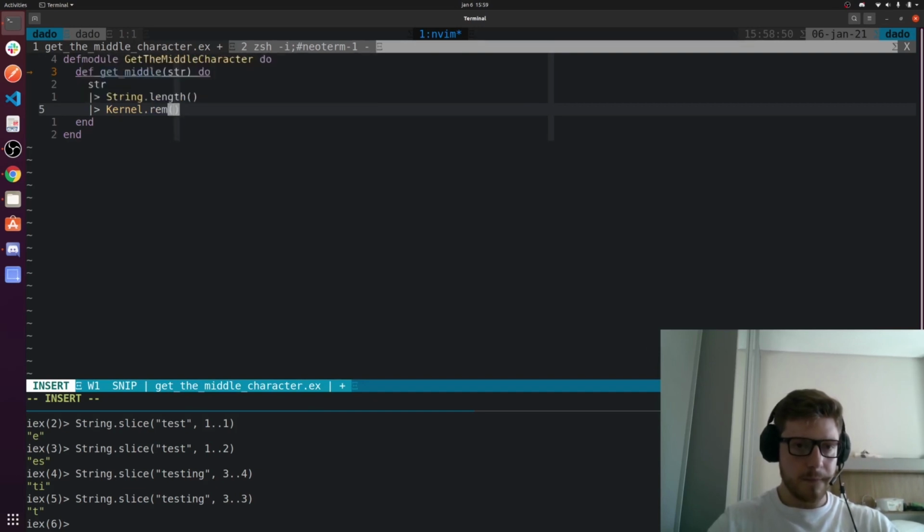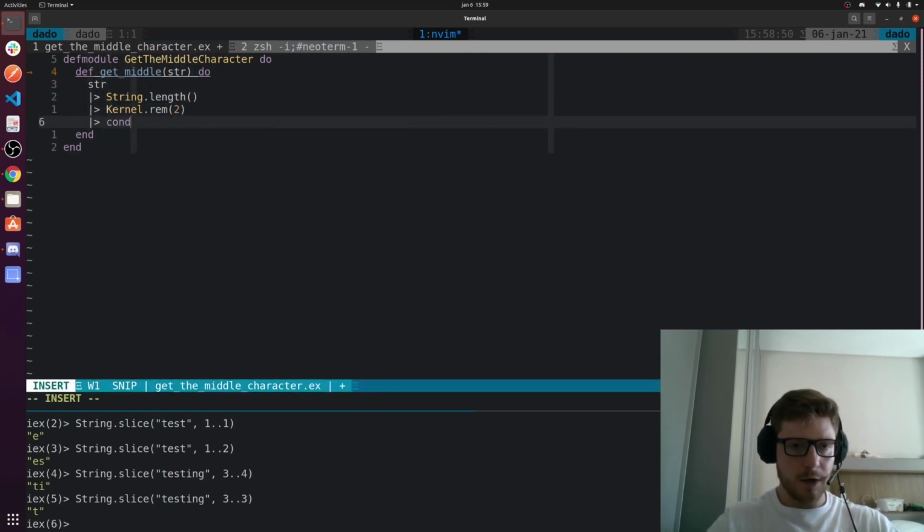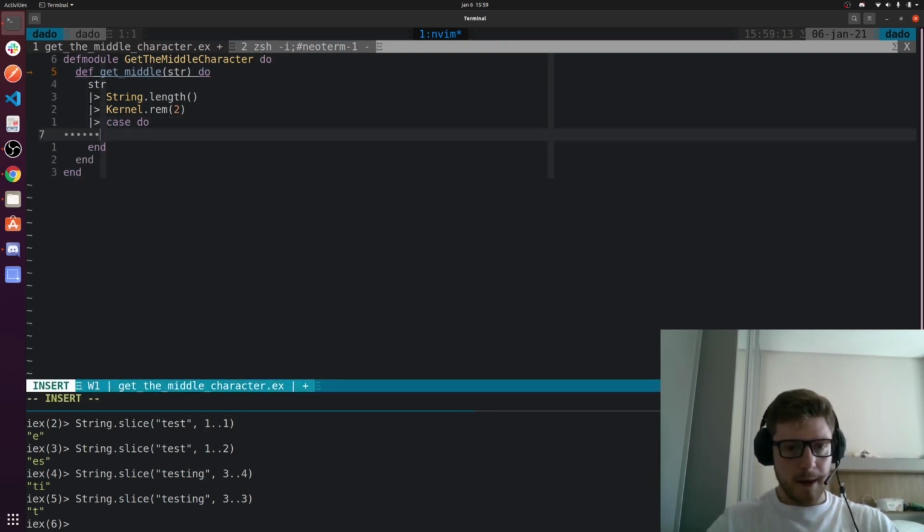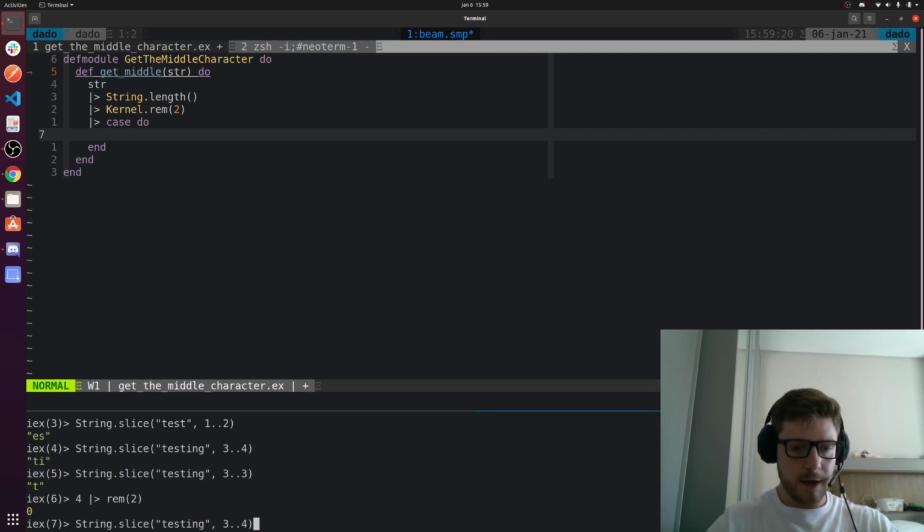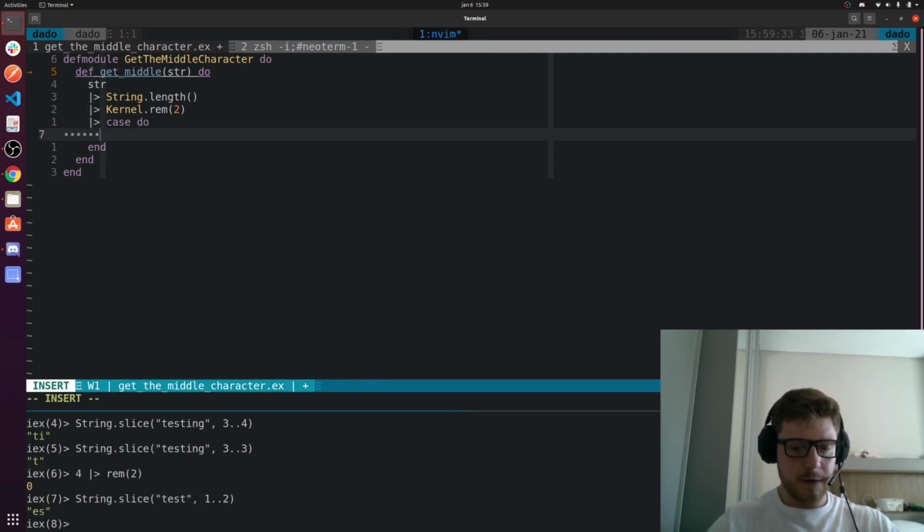Kernel.rem 2, and then we can do a cond, actually a case, do end. If this thing returned 0, so let's say 4 rem 2, this is 0. And this 0 should be the case of the test. It should be this one here. So if this thing returned 0,